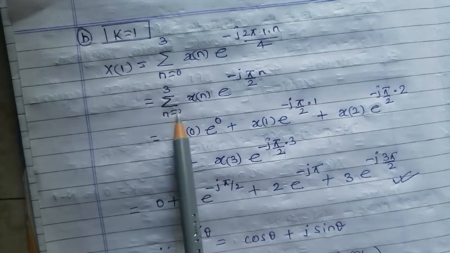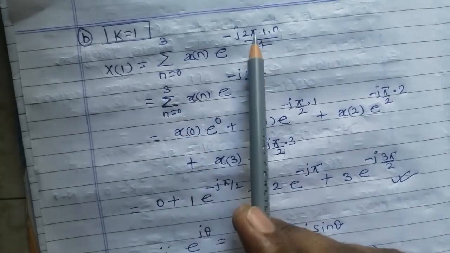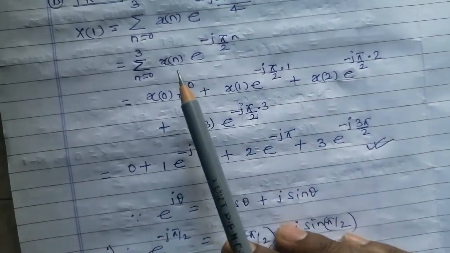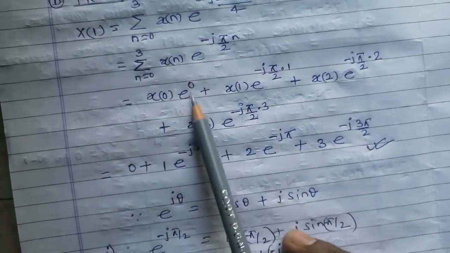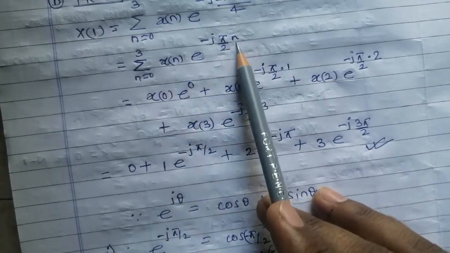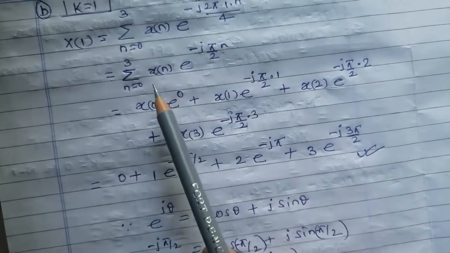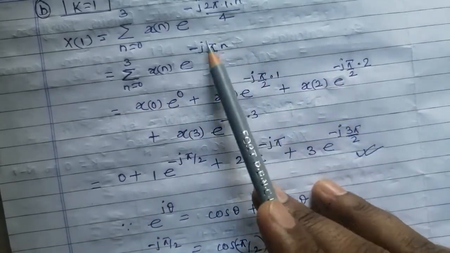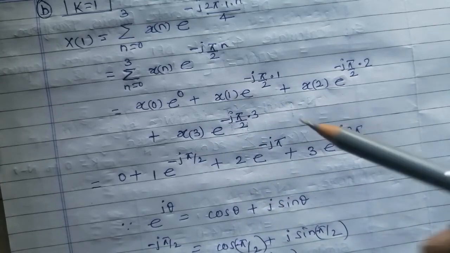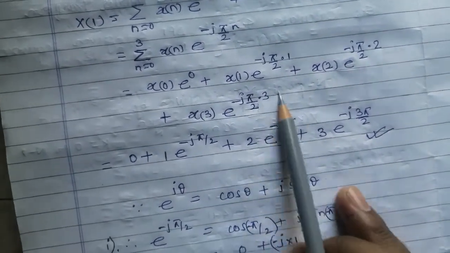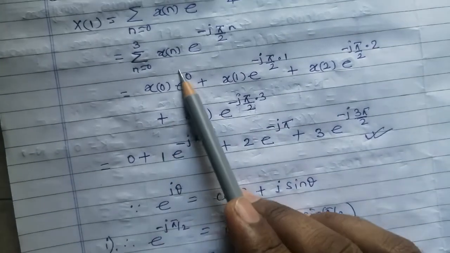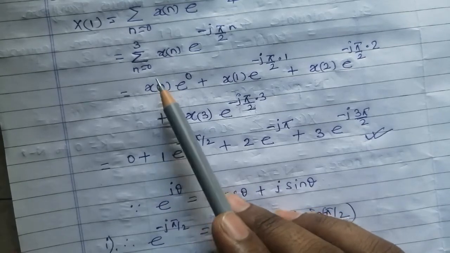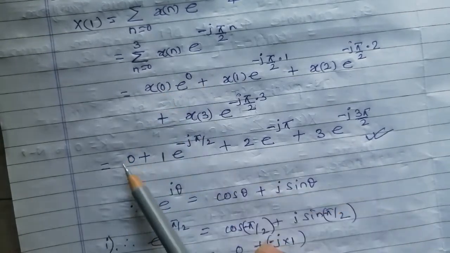Now again n equals 0 to 3, x of n into this much, this 2 and 4 cancel, pi by 2 we obtained here, and likewise we again expanded it, x of 0 e raised to power, n की वैल्यू 0 पुट करो यहाँ पर, we'll obtain e का power 0. Likewise now next n की value 1, so I have placed here n equals 1, then n equals 2, n equals 3, and then we have to simplify this, and we obtained this much, 0 plus 0 for this one, this is 0 because x of 0 is already 0 here. In this numerical here it is given 0, so 0 into 1 is 0.